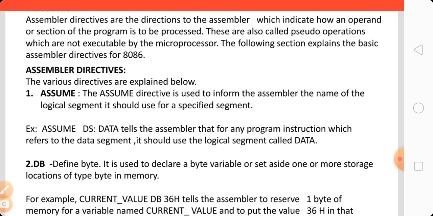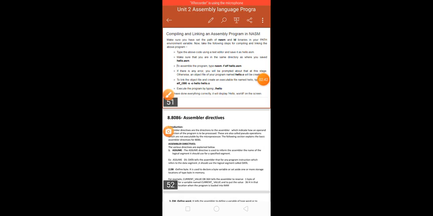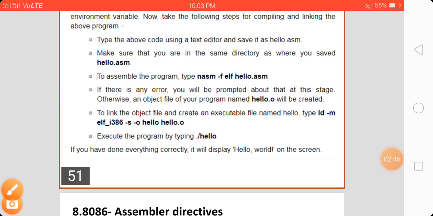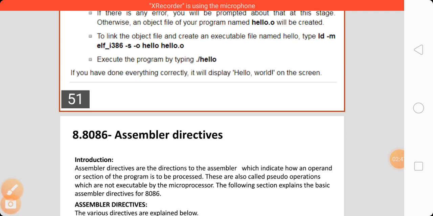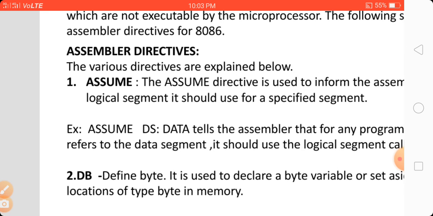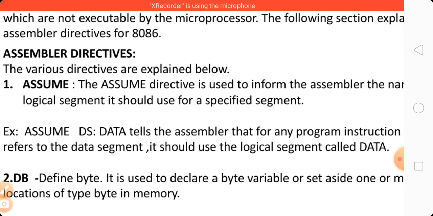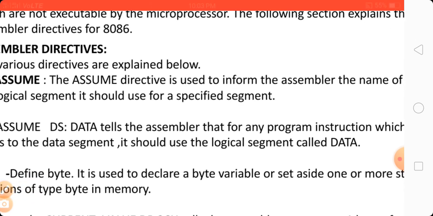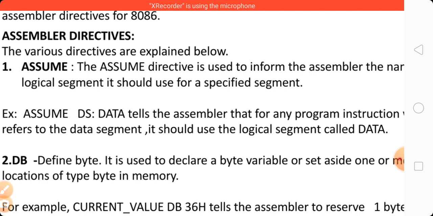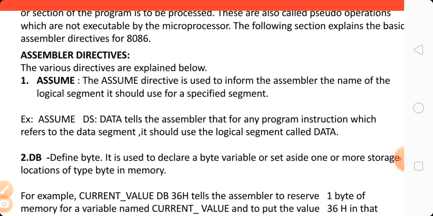So here we can clearly understand the use of this assembler directive, that is the assume directive. It indicates the name of the logical segment for the specified segment.